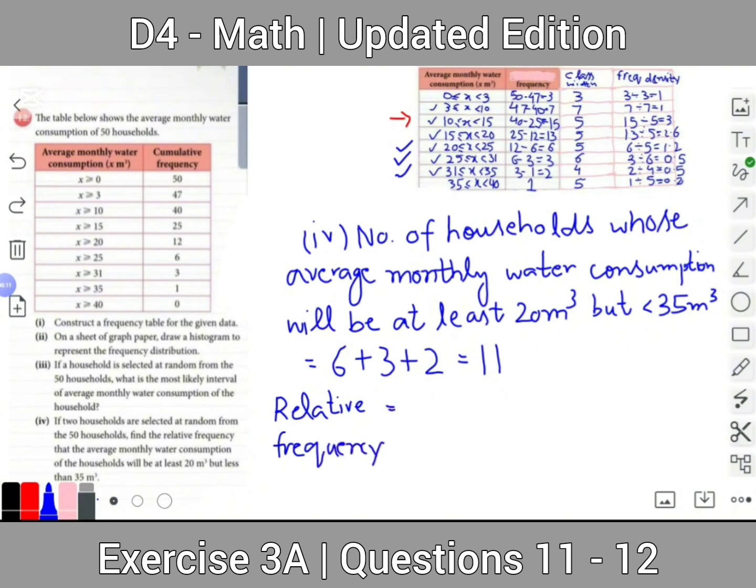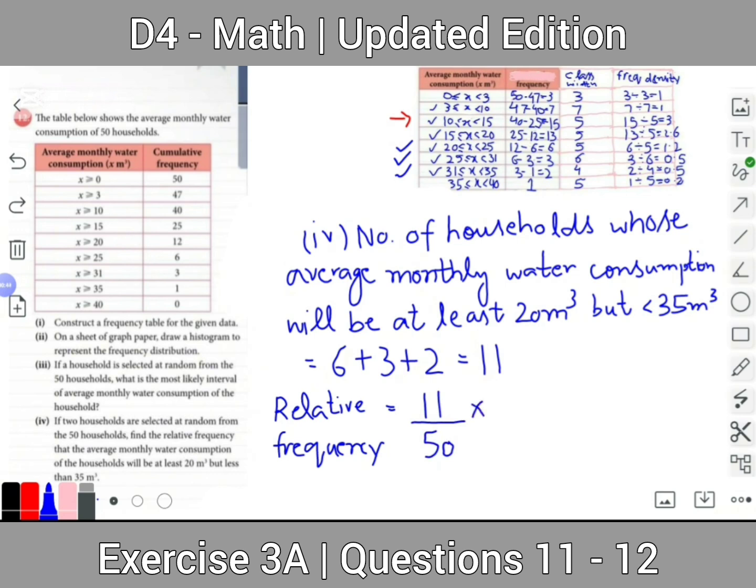Here the number of occurrences corresponds to the number of households whose average monthly water consumption will be at least 20 meter cubes but less than 35 meter cubes, and that is 11, divided by the total number of households, and that is 50,